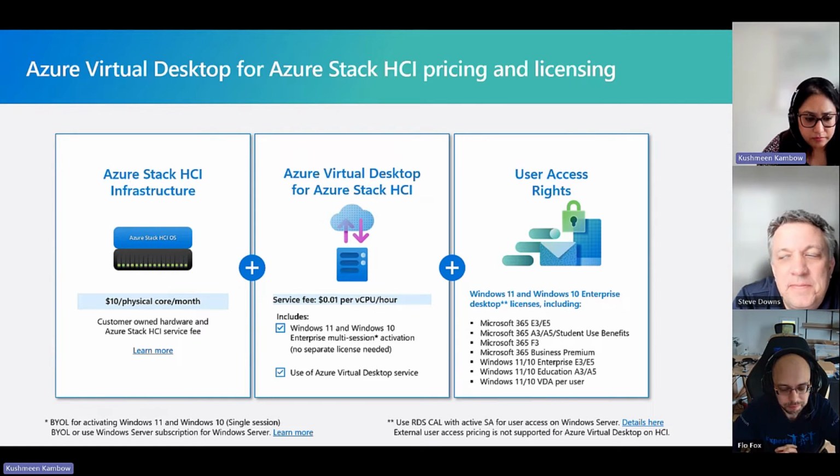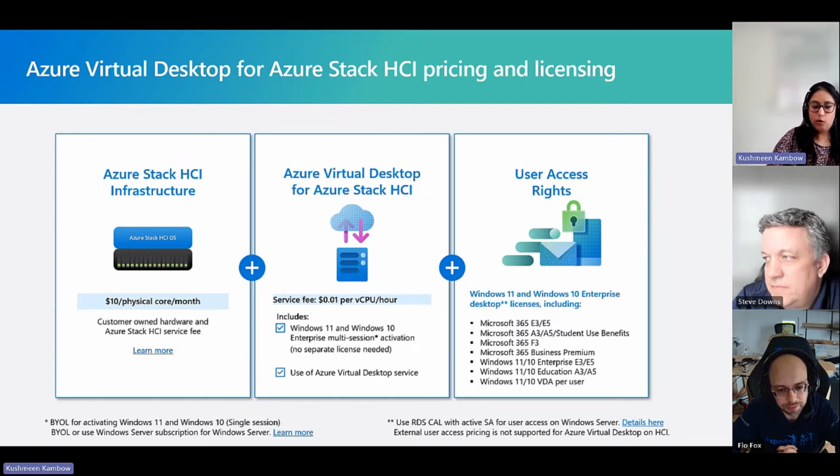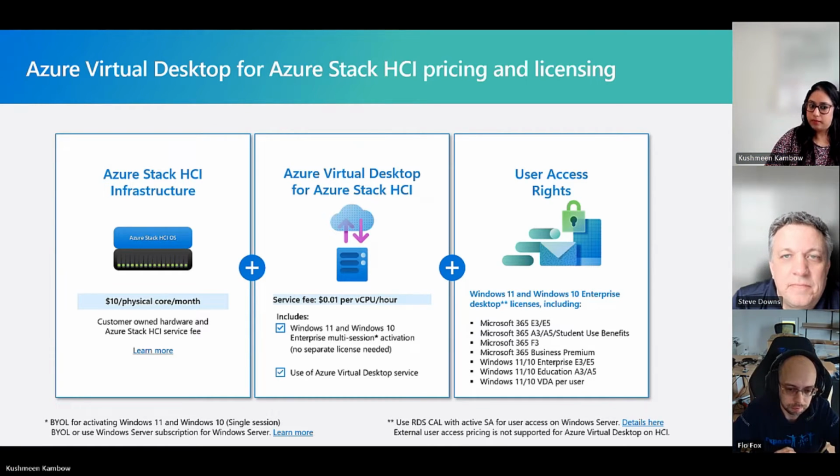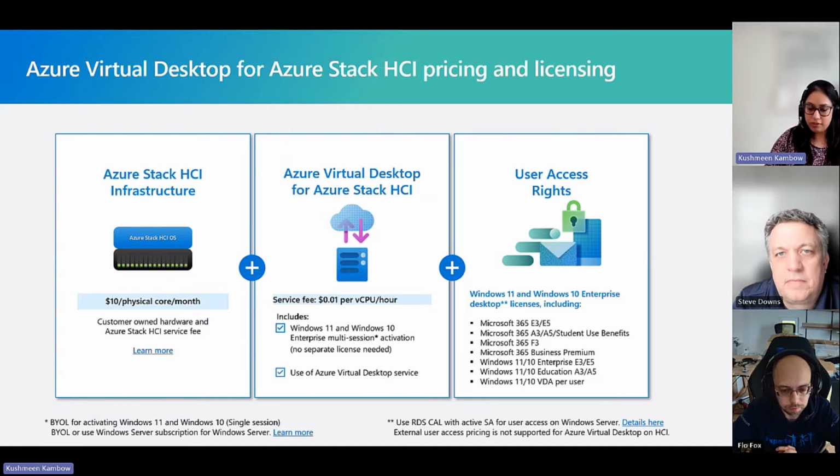Yeah, sure. So absolutely, auto scaling and Start VM on Connect are two topmost feature requests that we have received from our customers since the day we announced the launch, right? So these features are definitely in progress, in development, and are going to become available very soon to our customers to be able to manage these costs, right?